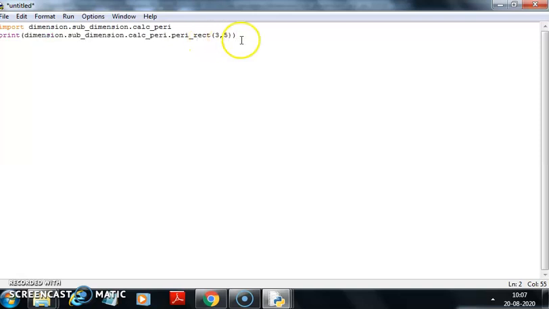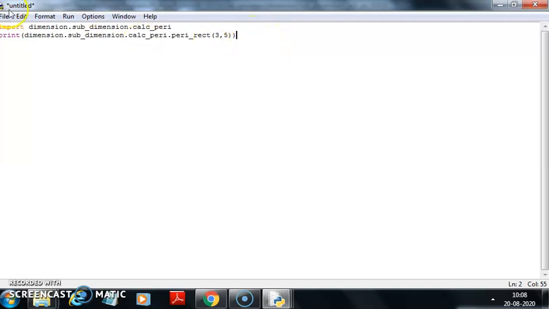See, this is how I am going to call this. Inside the dimension package there is the sub_dimension package, which is the sub package, and inside that sub package there is a module whose name is calc_peri, and inside that calc_peri module there is the function peri_rect. So this is how I am going to call it.